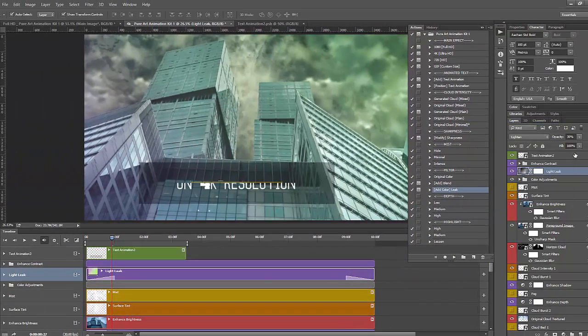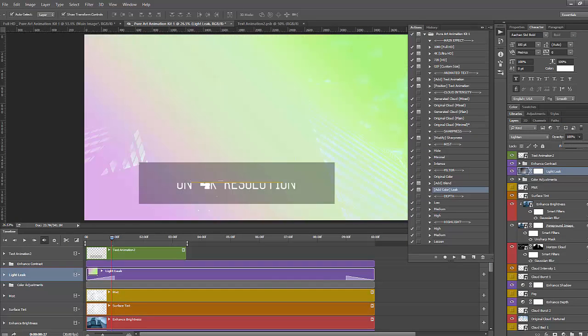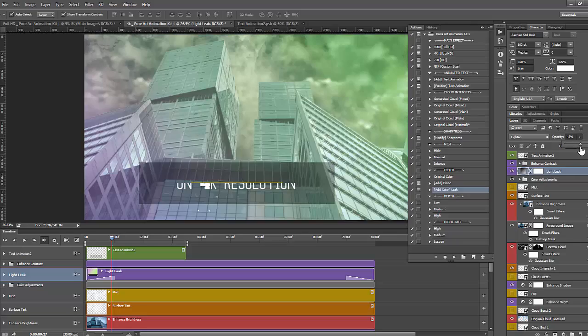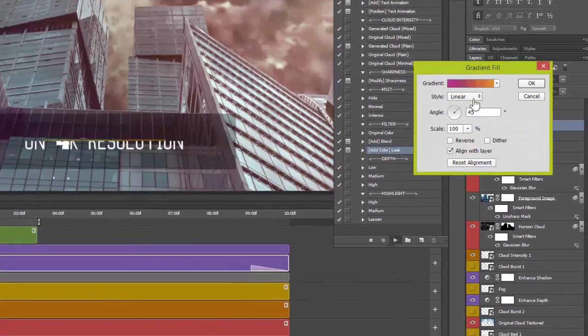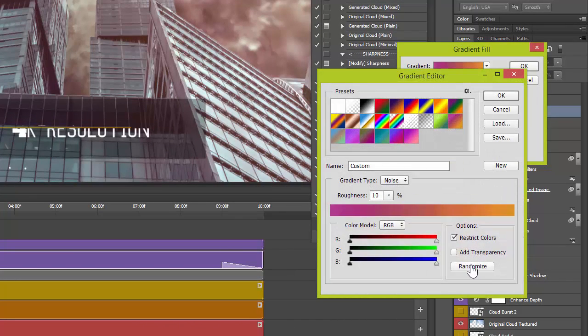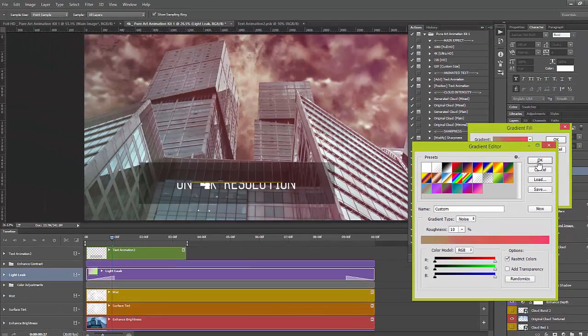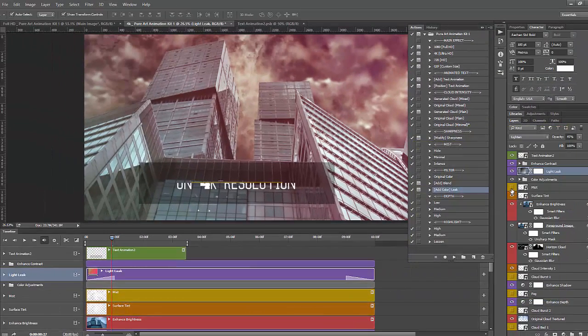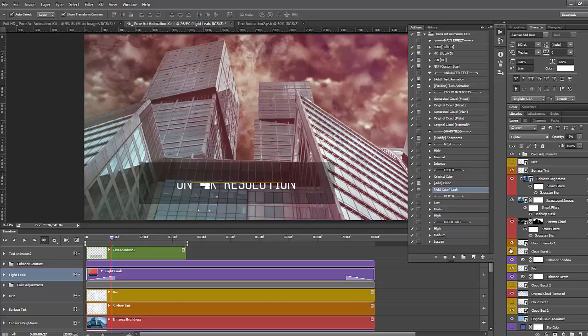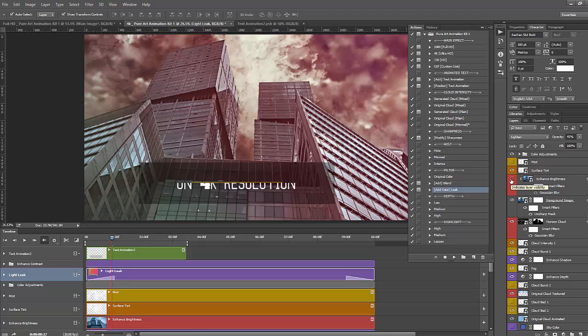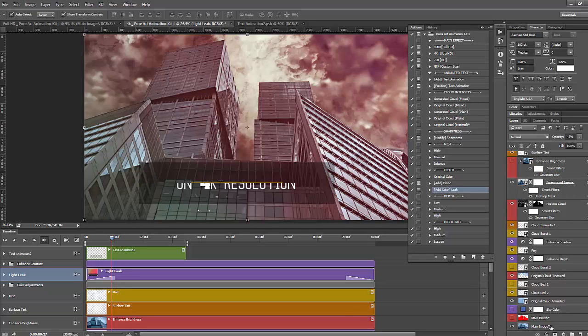And another thing you can do is you can increase the opacity of the light leak. So if you want it brighter, if you want to lower it, you can always adjust that. And you can now choose the colors that you want to use. Okay, so I have a lot going on. You can decide to modify a lot of things here to suit your need. And this is the original image,